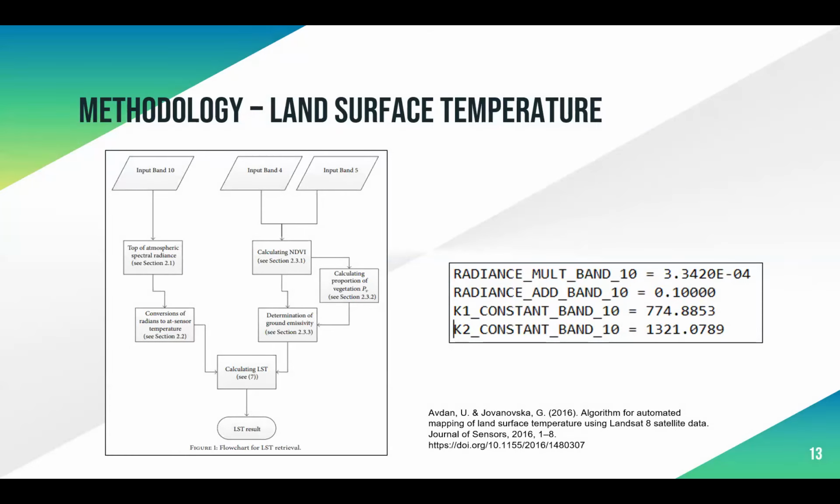To calculate land surface temperatures on ArcGIS Pro, I downloaded bands 4, 5, 10, and the metadata from the Landsat 8 imagery. Bands 4 and 5 are used to calculate the normalized difference vegetation index, or NDVI for short. And then band 10 is used to calculate the top of atmosphere spectral radiance, or TOA for short. TOA gets converted into brightness temperature using the K1 and K2 constants on the right, which were found in the